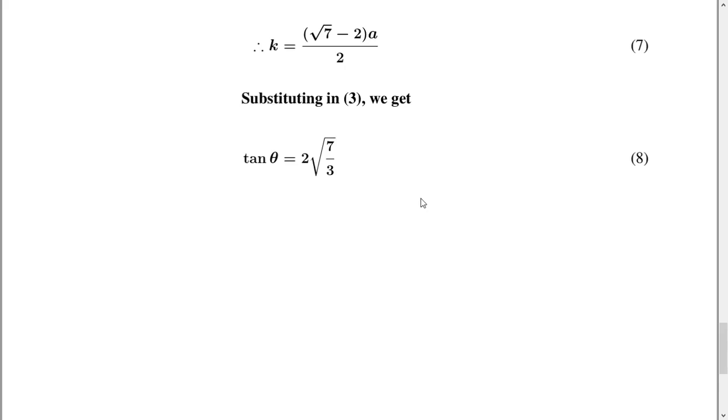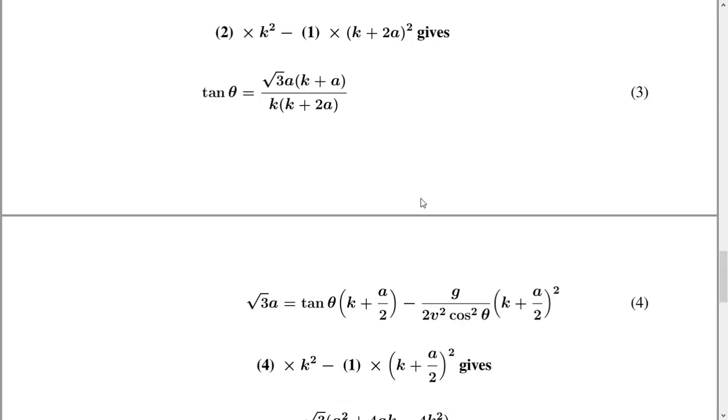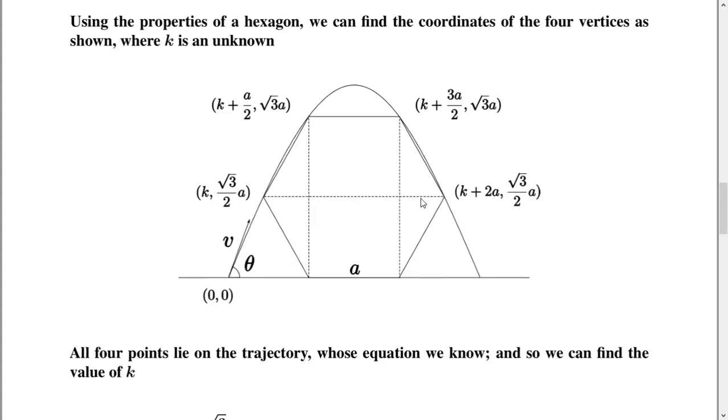So the main takeaway from this problem is to be able to determine the equation of any curve when you can represent the x and y coordinates of any point on the curve in terms of some common parameter. In this case, the common parameter was the time t.